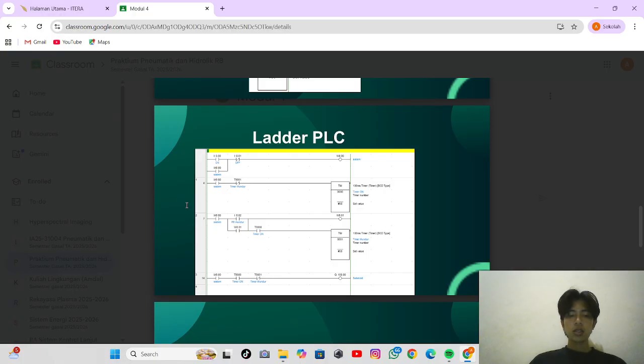In the second rung, you can see how the timer is connected with a push button and another TON instruction to create a sequence delay.